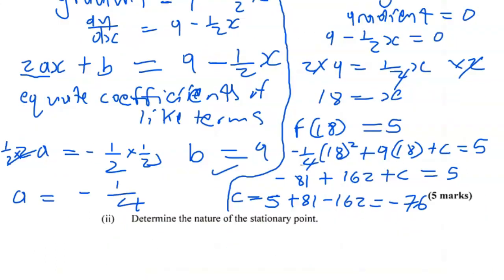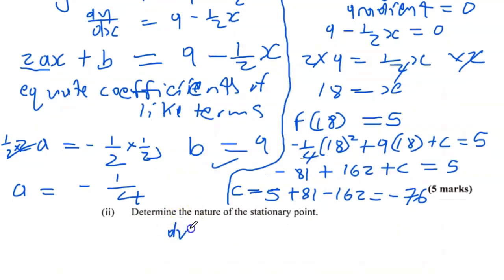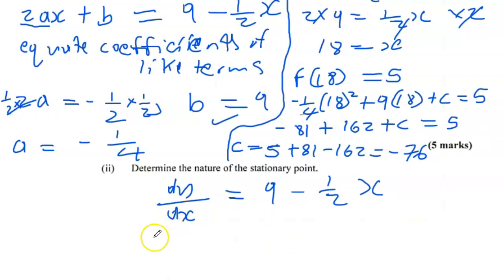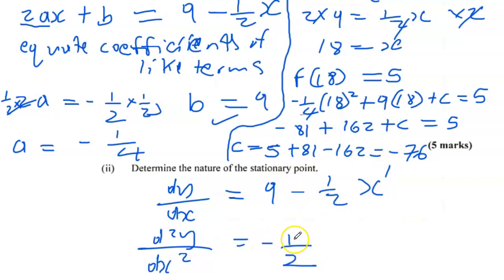So let me just write right now. dy by dx we know is 9 minus half x. Let's find the second derivative, which is given as d2y by dx squared. Differentiate 9, or any constant, we get 0. Differentiate negative half x, we get negative half x to the power 0, which is negative half, which is less